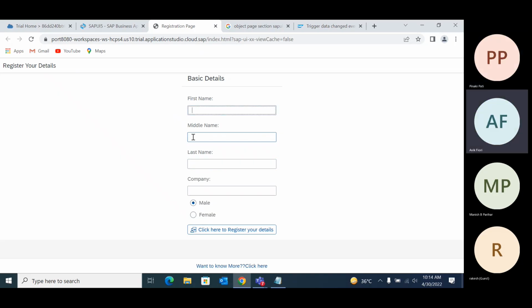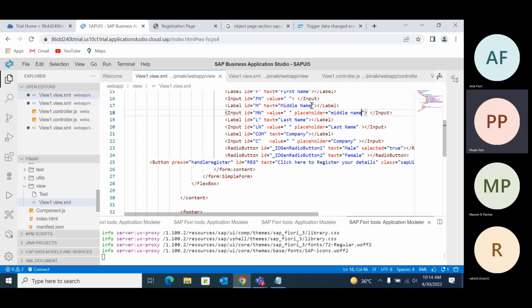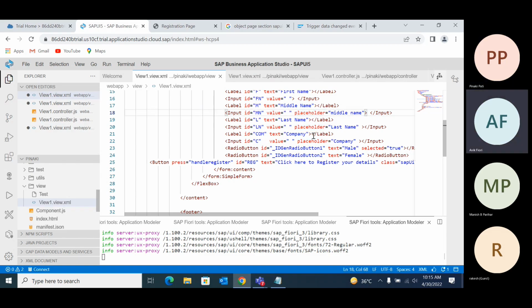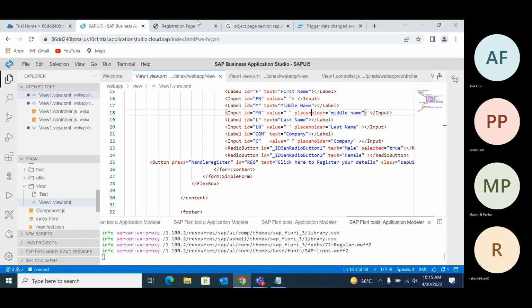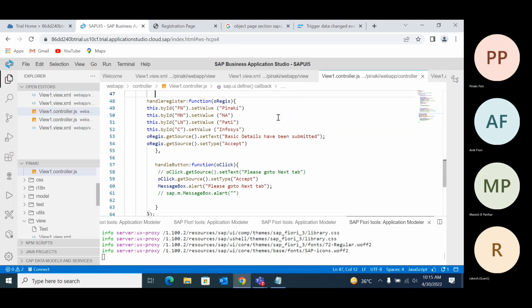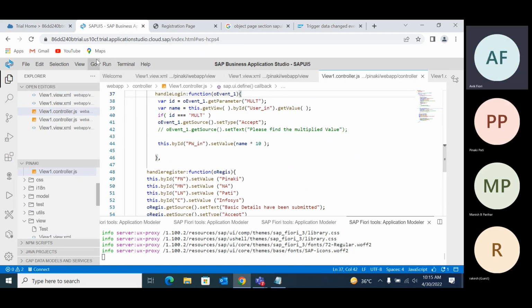But that placeholder is not working here. So this is the strange issue. Why is the placeholder not appearing? This property also is not available for input in the demo kit. Okay, wait, let me check that. I'm not sure if they have removed it or if that property is deprecated. I don't know, but one second, let me check that.